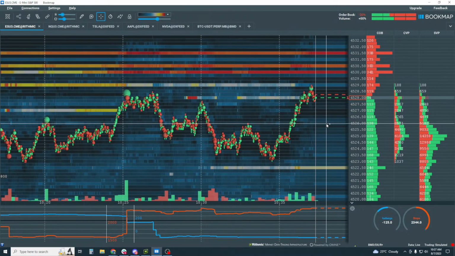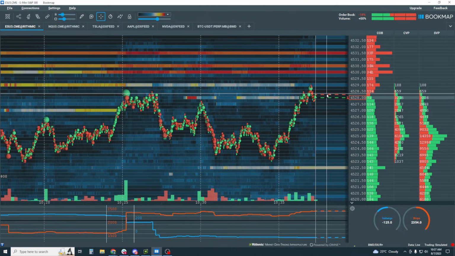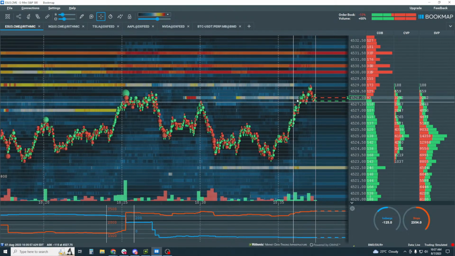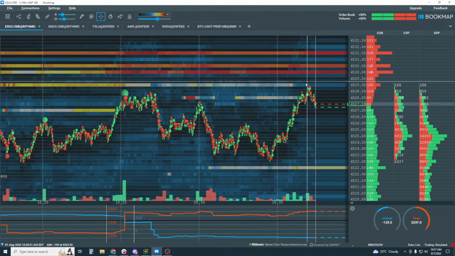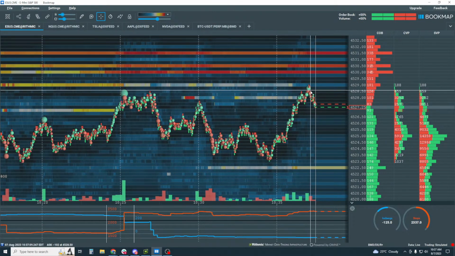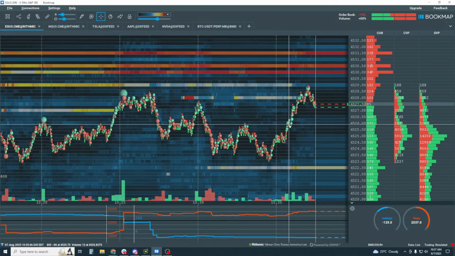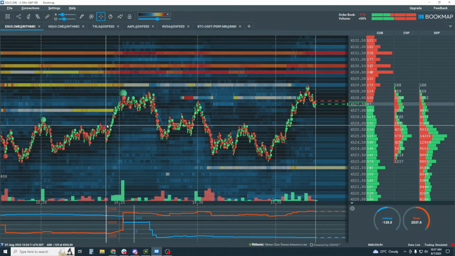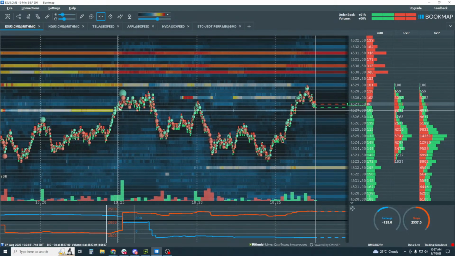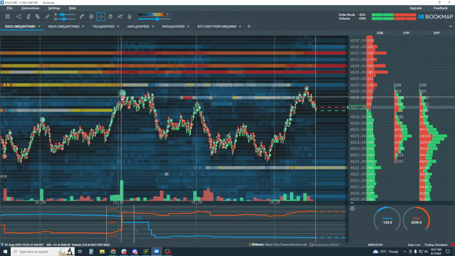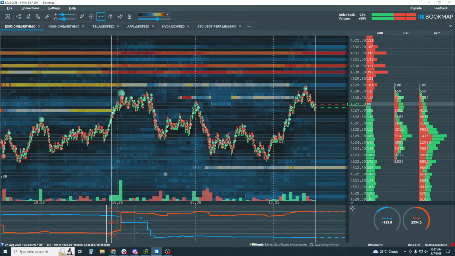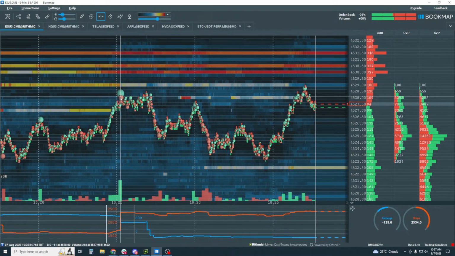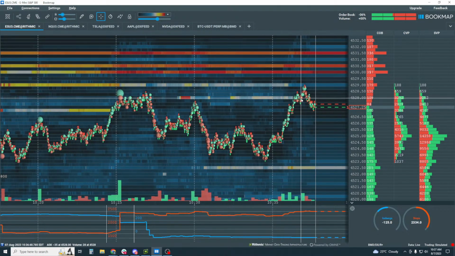Maybe we'll just get a pullback and we have to come back up and get more buyers again. And we can also look at the size of the volume in here transacting. Okay, and look at it over here. So we're going to look at the relationship, relative volume in here. There's a lot more buying in here that took it up than this one up here.